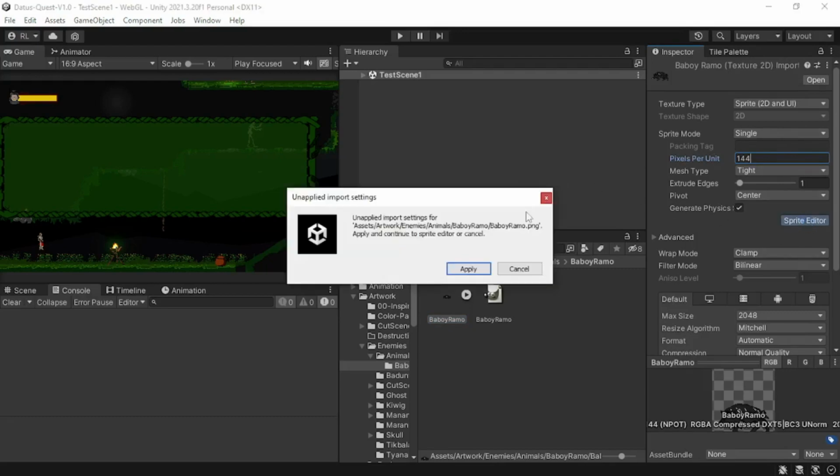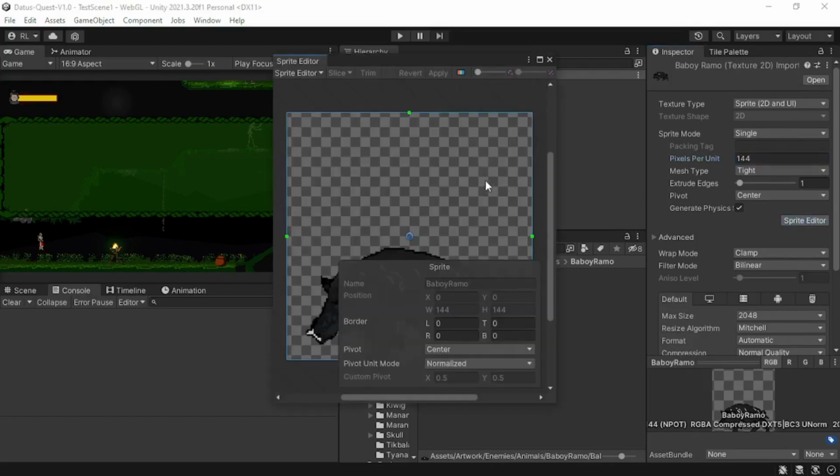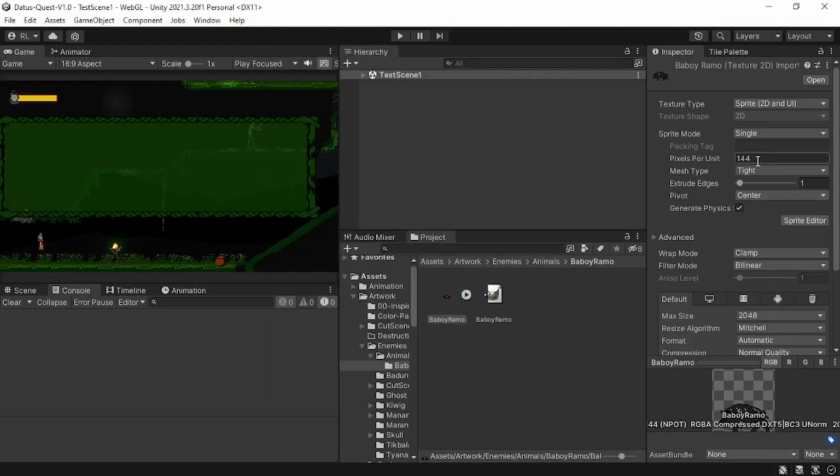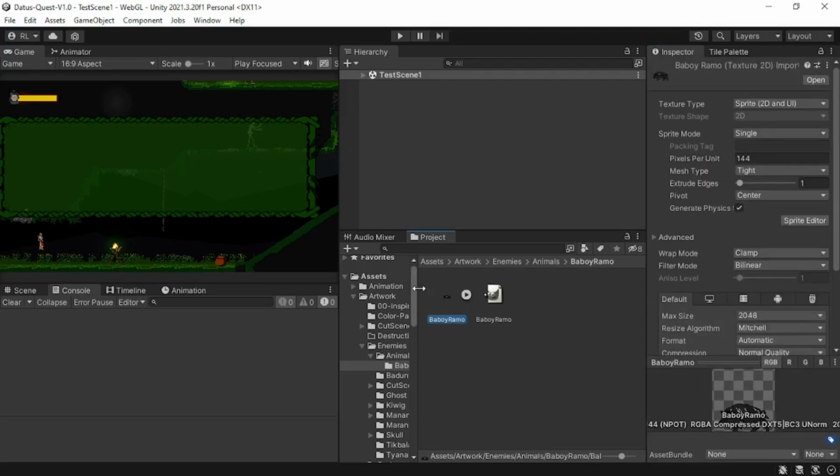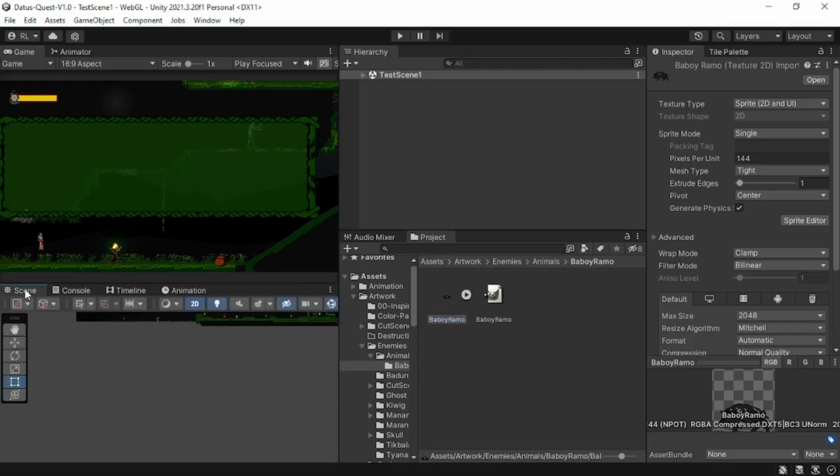we can even have the sprite editor. We wanted to fix it to that size. I think that's possible. But for now, I don't want to utilize this, so discard. Just want to test out, but I'm going to stick with 144. If you're working with some pixel arts, especially tile maps, you might want to set it to point and no compression, then click on apply. But this is going to be an object that we'll have on our scene, so I'm